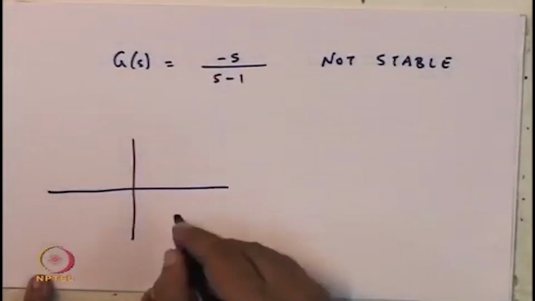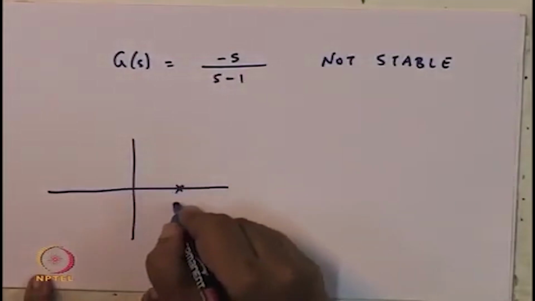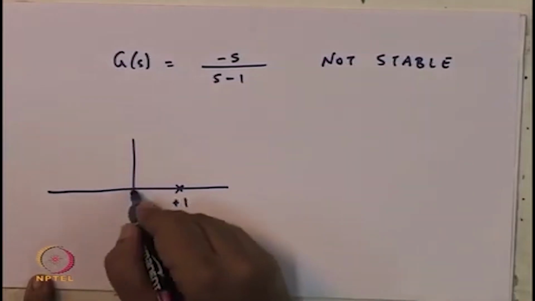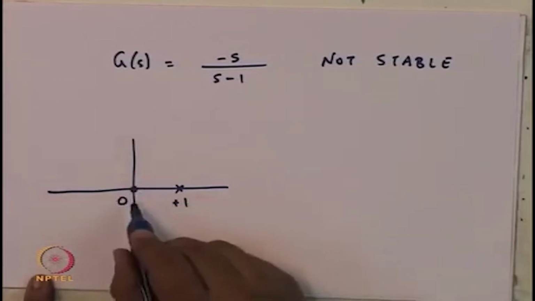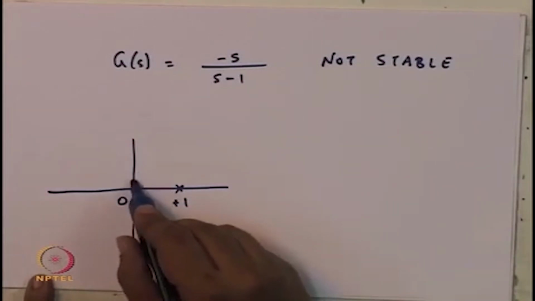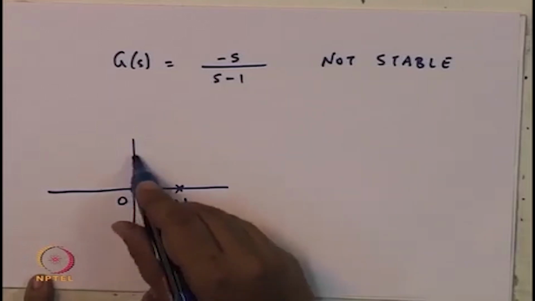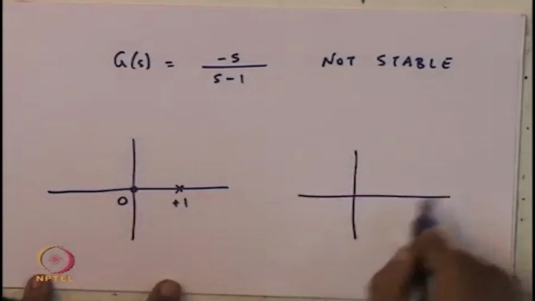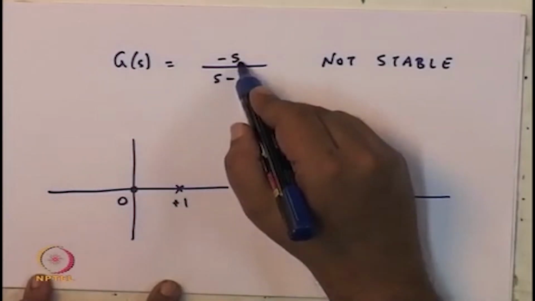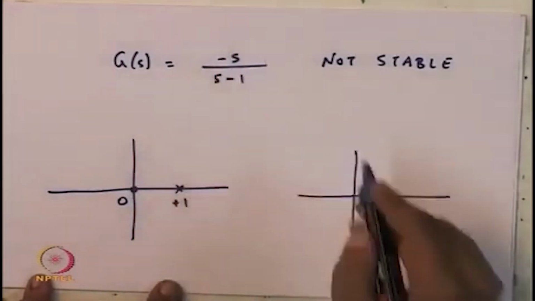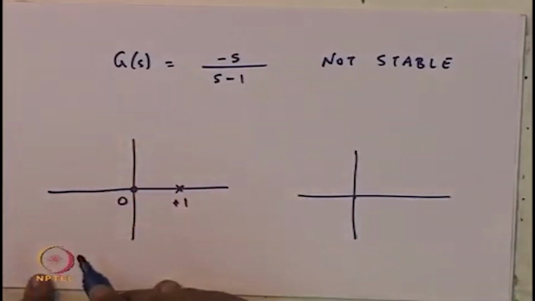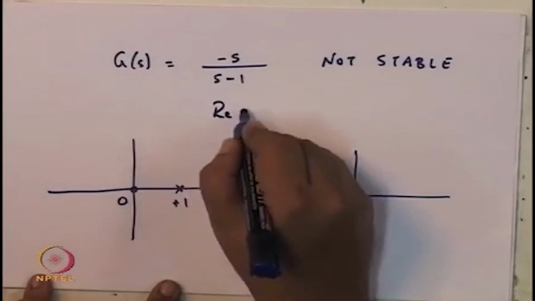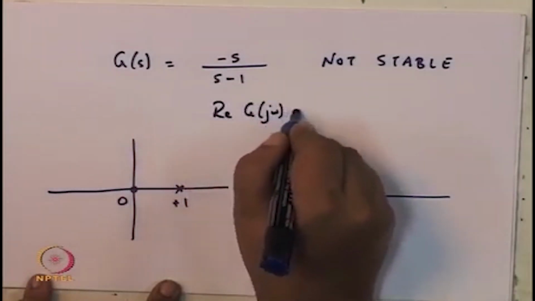Now, if we were to draw the Nyquist plot of this, it has a pole at +1 and it has a 0 at the origin. Now, if you plot this as you go up, at omega equal to 0, this gives you 0. And then as you increase omega, what you would get is the real part of G(j omega) is equal to